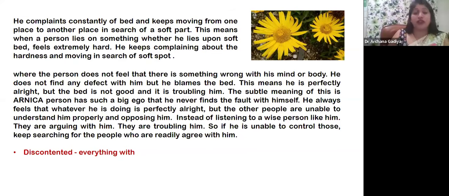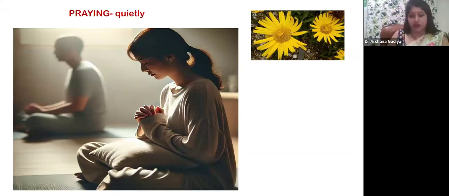We have another good rubric in the Arnica, praying quietly. What do you mean by praying quietly? Why will we always pray quietly only? But specifically, Arnica is mentioned in this rubric because the person prays quietly, when he does not want to show another person that I need your help. Praying is going down in front of some higher authority. For example, God. We bow down in front of God. We know the Almighty is the highest authority in this world. But Arnica doesn't want to show even to the family members that he needs someone's help.